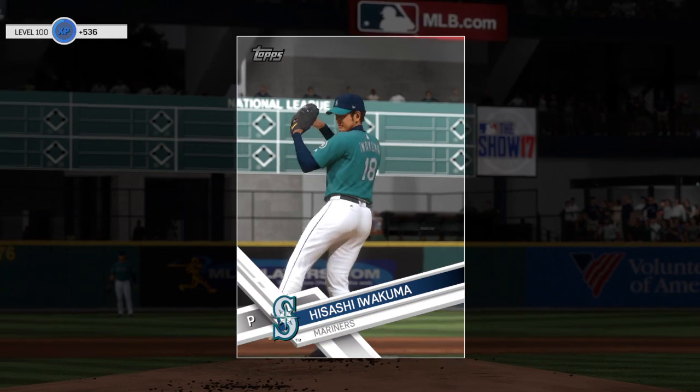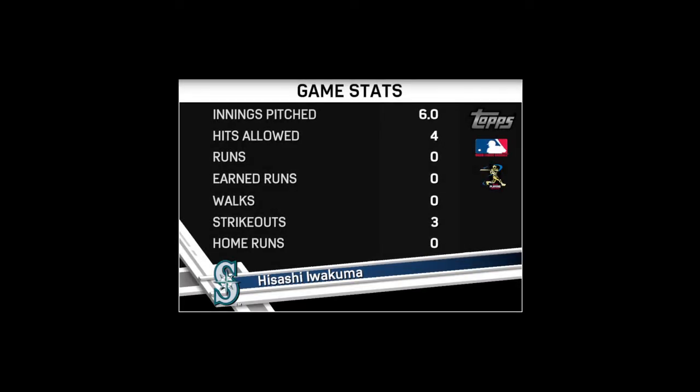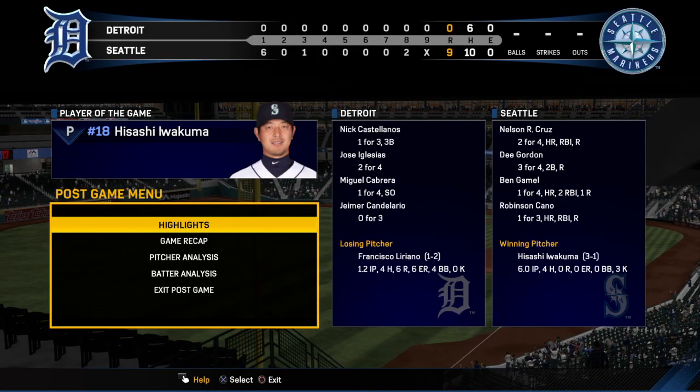As this ball game is over. Well, we watched a really solid starting pitching performance, kept the opposition at bay, and as a result, he's our top player of the game. Yeah, not the longest outing you'll ever